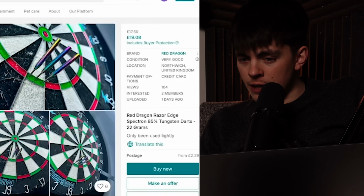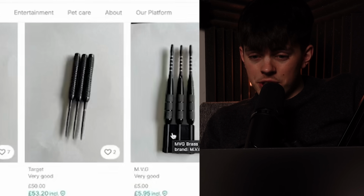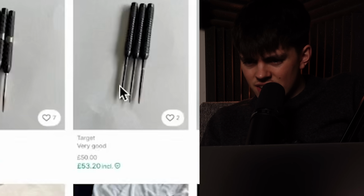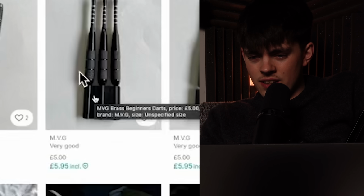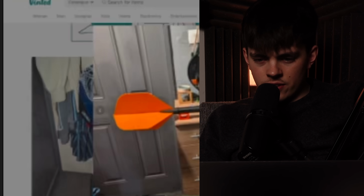Here we go. £17. It's the darts. Thought it was for the dartboard. It wasn't. This person's listed quite a few on here. Ignore the dress for now. £50. And then £5. I mean, what are they? Rubber? What? Look at that! Who has that in their room? Imagine throwing that at your wall. You won't have a wall left. Poke into next door. Oh my god, I need to click on that and see how...